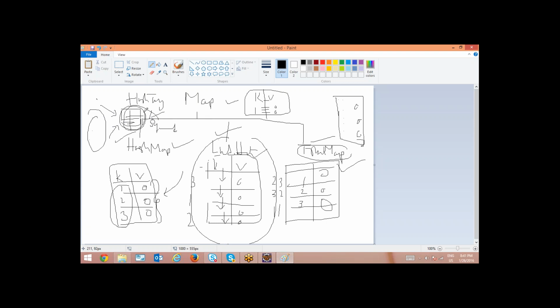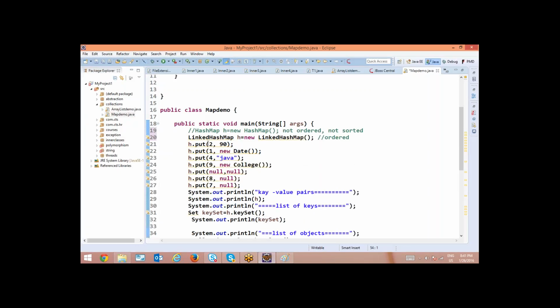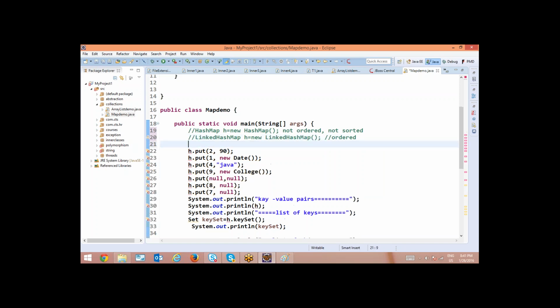When you prefer multi-threaded applications, you go for this hash table. If you are working with a single threaded application, then you can go for these normal classes. So that is called a hash table. Hash table is very similar to your hash map. Now I can make this h a hash table as well: Hashtable h = new Hashtable.